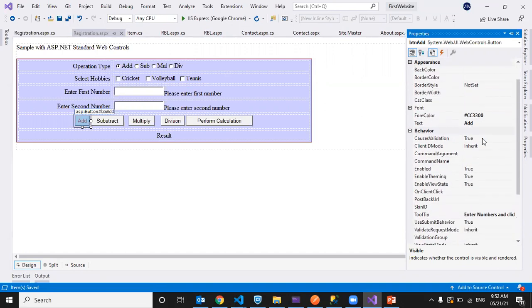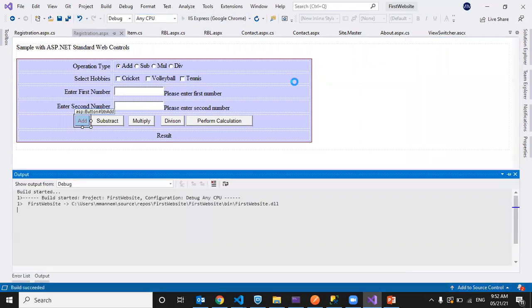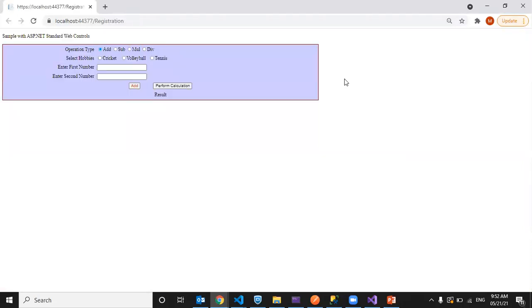Text is add, with this color. So here we have a tooltip. Now the add button is visible.